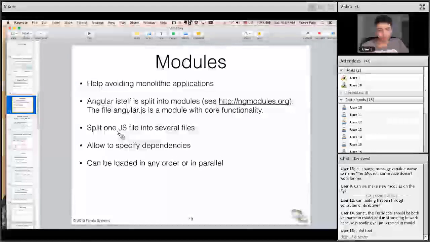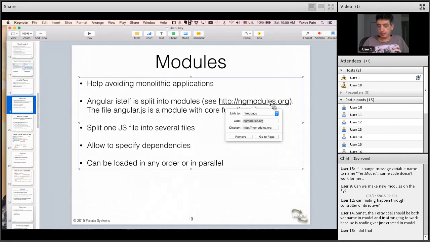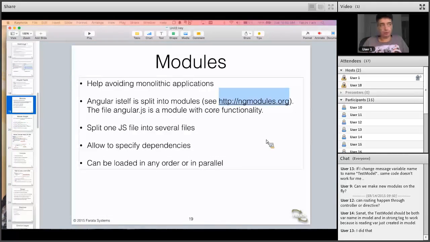Modules. Modules help avoid monolithic applications, which means that you can split or decompose your application into different parts. Create a module, give it a name, and use it whenever you want. Even Angular itself is split into modules. And see, there is a link over here. So if we go to that page, which is on a different screen,